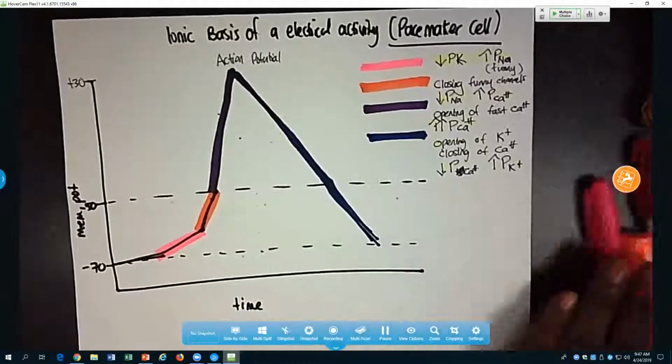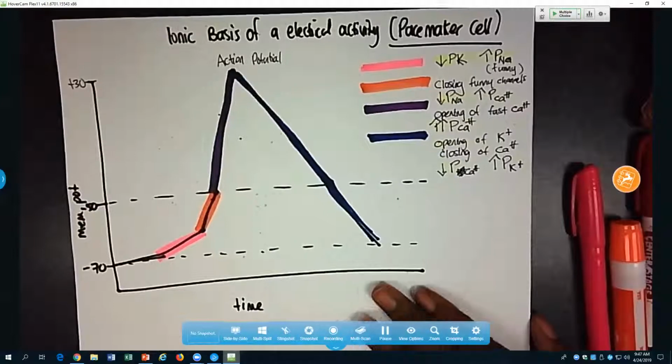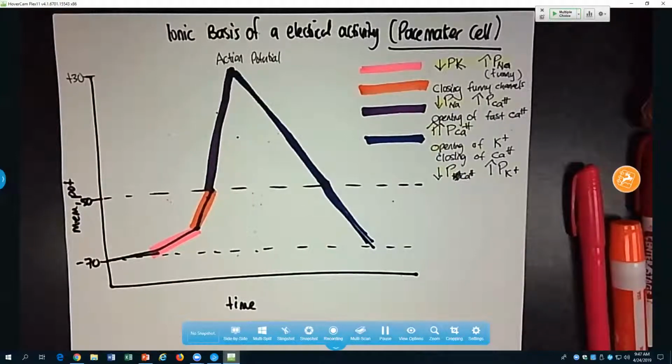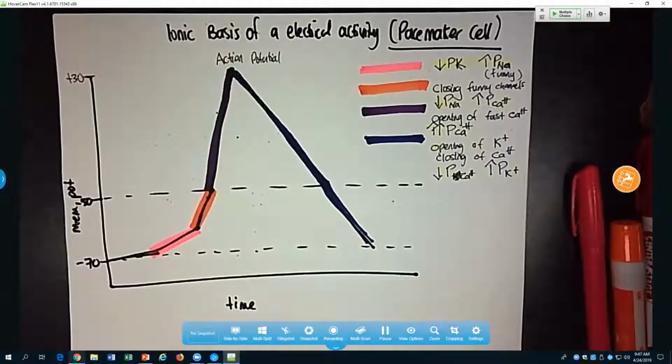Okay. So this is how a pacemaker cell fires an action potential in the absence of external stimulus, in the absence of any neuronal input. A pacemaker cell can spontaneously depolarize and fire an action potential by changing the amount of channels in the membrane, by changing the permeability of the membrane to certain ions. Any questions here? Okay,